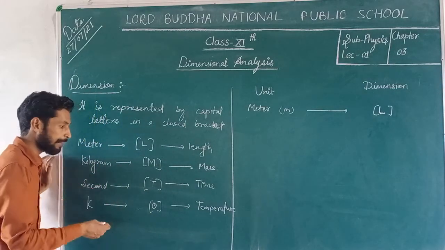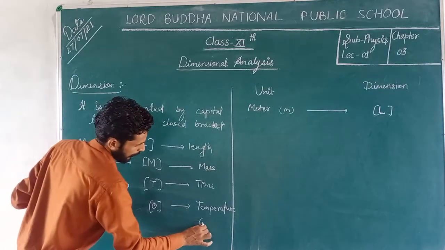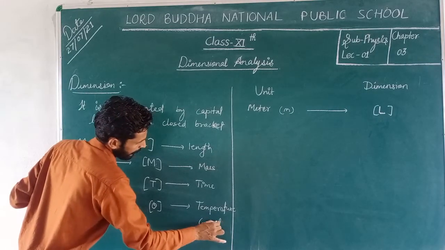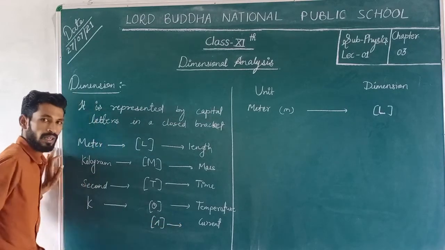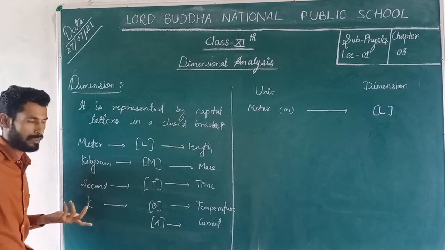एंड यहाँ पर एम्पियर करंट के लिए, सो यहाँ पर हमारे पास एक यूनिट और होगी करंट, सो इसको करंट को हम लोग रिप्रेजेंट करेंगे I से, एंड कैंडेला को सीडी से रिप्रेजेंट करेंगे.